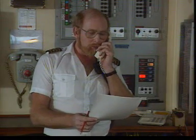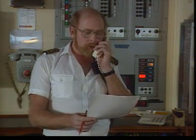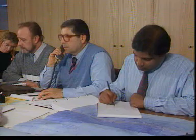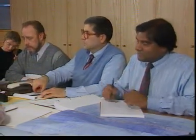And this doesn't just mean those on the ship. Those on shore have an important role to play in helping those at sea. They'll have their own plan, which will be integrated with the ship's plan to minimize the leak. And they can take much of the burden of notification from the master, as well as